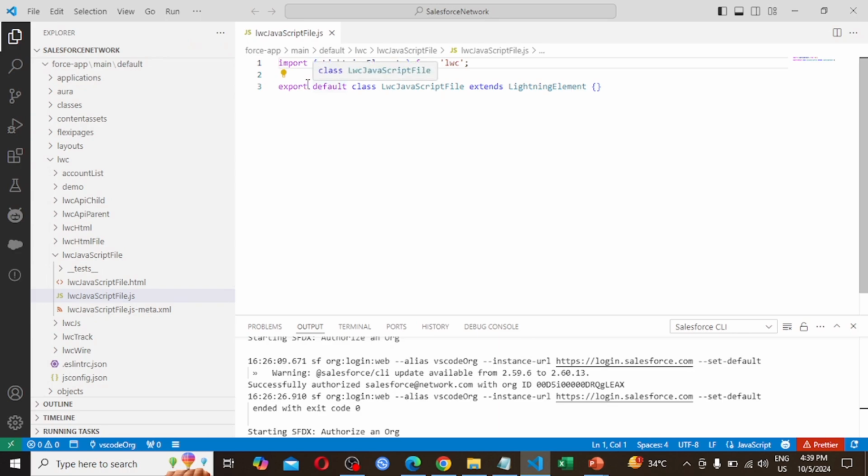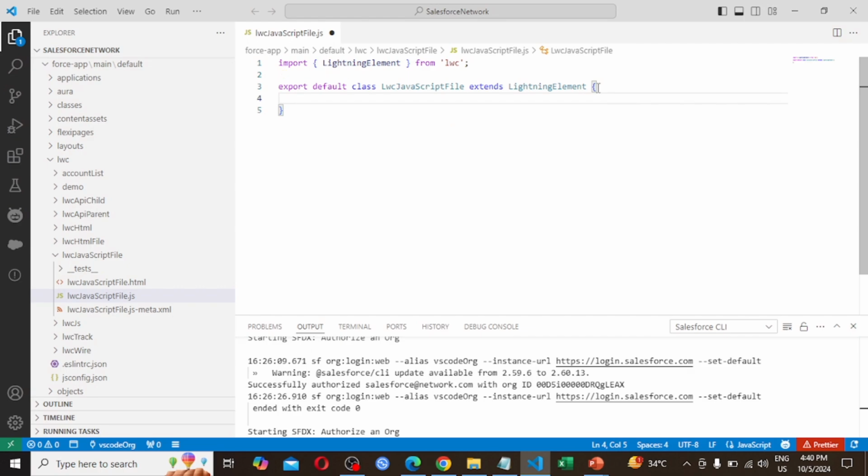In this JavaScript file we are seeing import, and in the curly braces lightning element from lwc, and here we are exporting export default class, and this is the class name that we had given as the component name, lwcJavaScriptFile, and it is extending LightningElement.